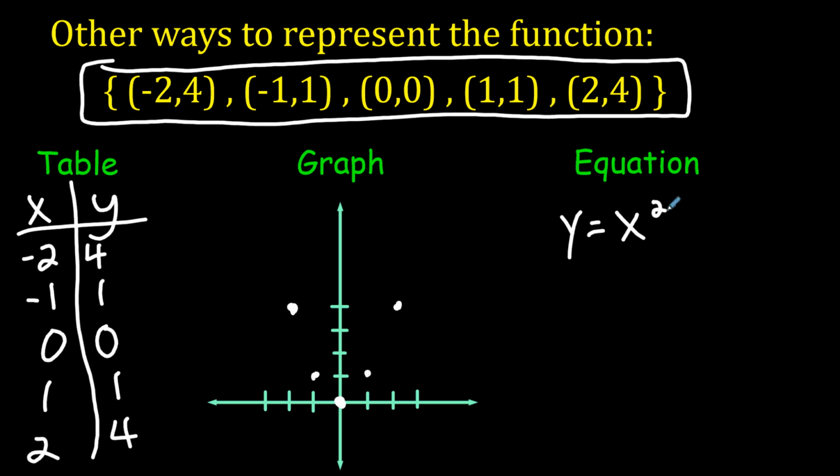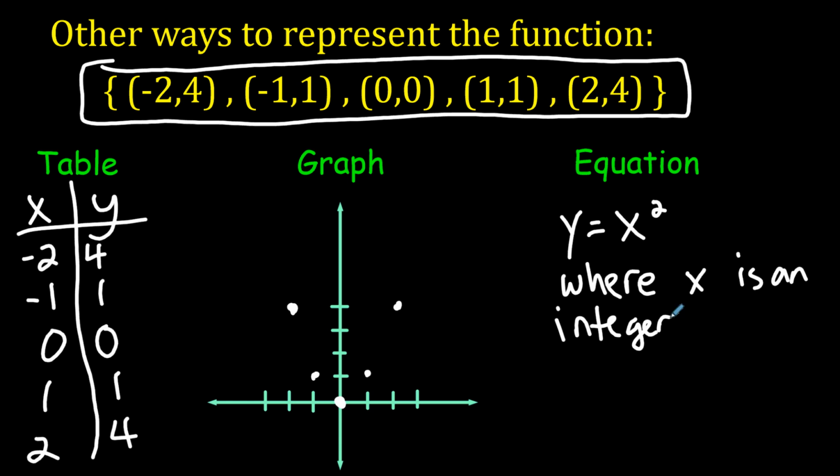However, we're only dealing with these 5 points. And so we have to say where x is an integer. An integer is like a whole number, but it can be positive or negative, in case you forgot what an integer is. Where x is an integer between